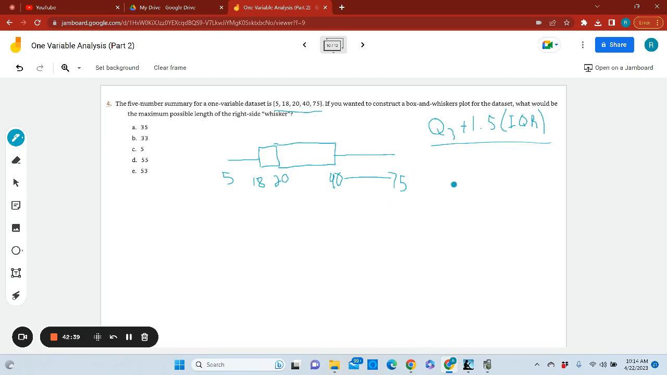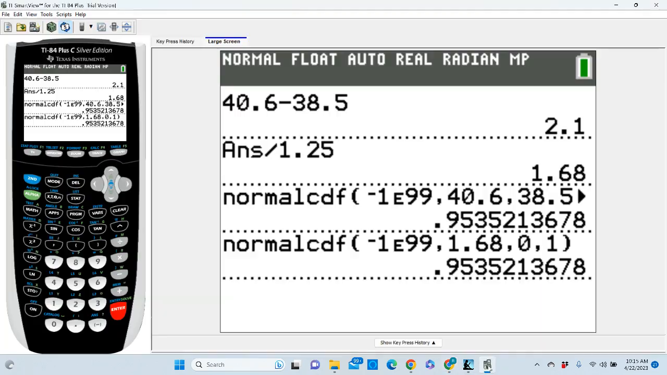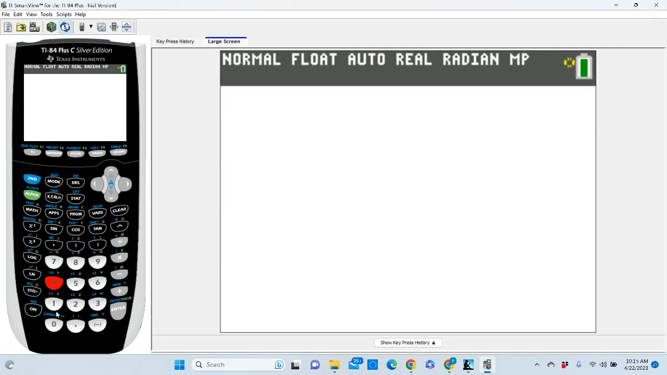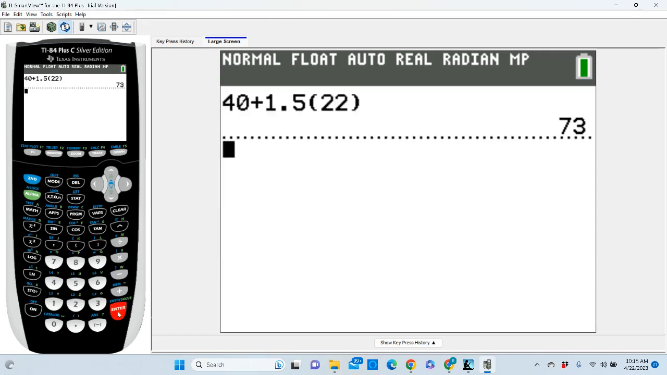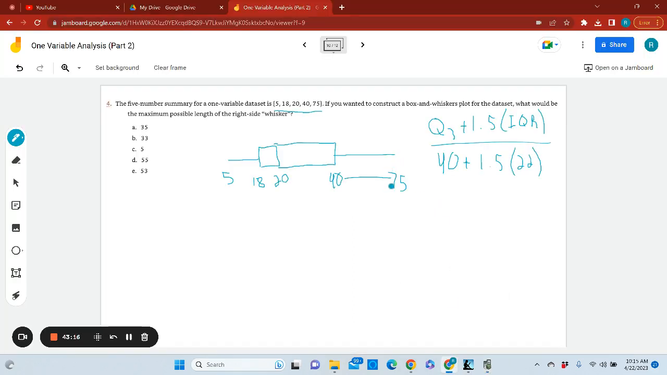All right, so the third quartile is represented by 40 plus 1.5 times the IQR. What's the IQR here? 40 and 18 is quartile 1. 40 minus 18 is 22. So 1.5 times 22, and we'll just plug that into our calculator. So this is the cutoff, 40 plus 1.5 times 22. This is going to give me the cutoff for an outlier on the high side. And it's 73. Okay, so look, the right side whisker can't go all the way out to 75